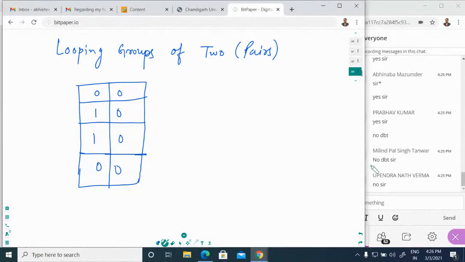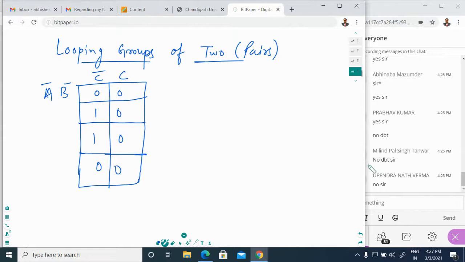Okay, so how you can represent this? This is called C, and we can take this as C bar, and this is your A bar and B bar. Okay, so quickly, can you describe how you can pair this?